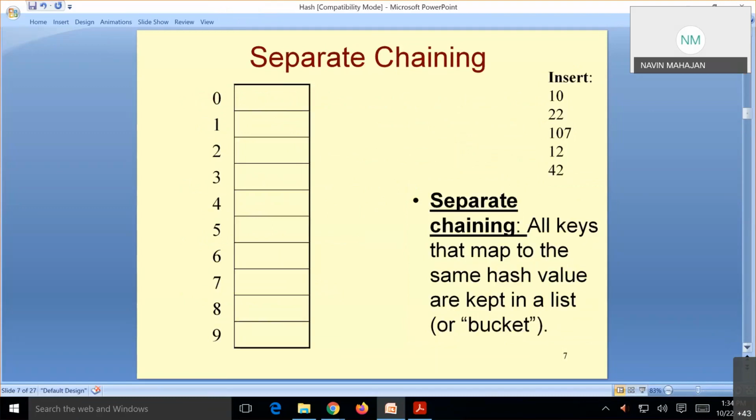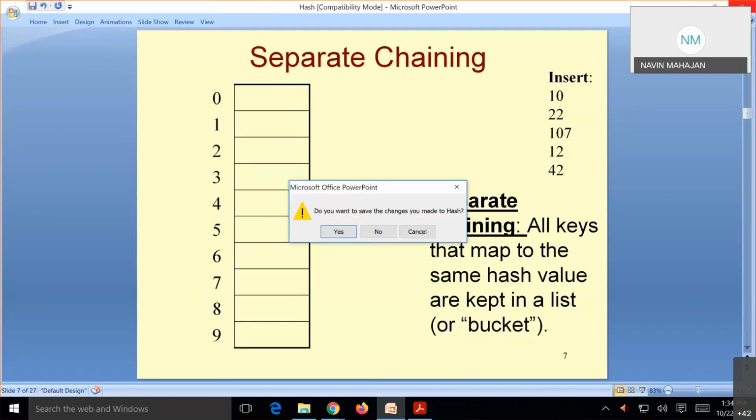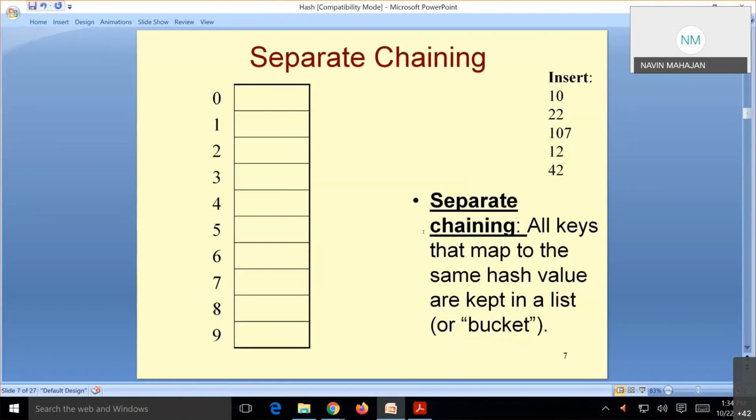Now let me see whether I can use annotation. Annotations are applied. How can we use annotations?